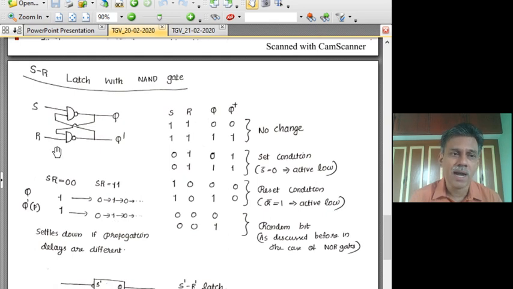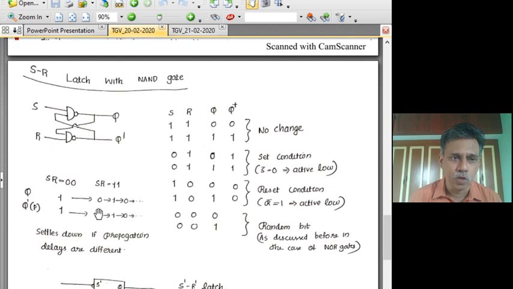More seriously, when we bring this input condition from 0, 0 to the no change condition, that is 1, 1, what will happen? When they become 1, 1, they don't play any more active role, because 1, 1 as an input to these NAND gates will not decide the output. The other inputs which are fed back from the Q and Q bar are going to dictate, and they are 1, 1, and because of that a 1, 1 will make a 1 before the bubble and 0 after the bubble. So both Q as well as the other one which is supposed to be Q complement,